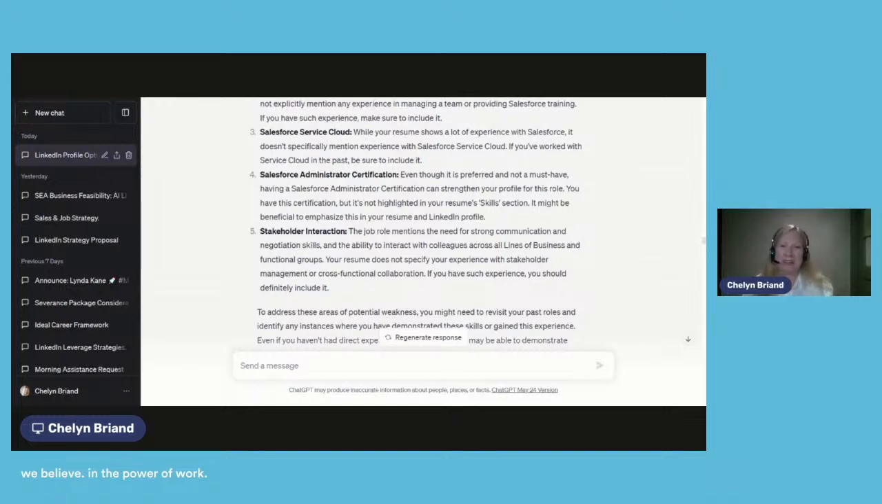And then the final weakness in this situation was stakeholder interaction, and that the job needs strong communication, negotiation skills, and the ability to interact with colleagues across all lines of business and functional groups. This could be a game changer for certain companies, and this is often even more important than technical skills at times, because to get these projects done, it's critical that you have that stakeholder interaction. So this again could be those behind the scenes conversations that might wipe you out of contention because there's